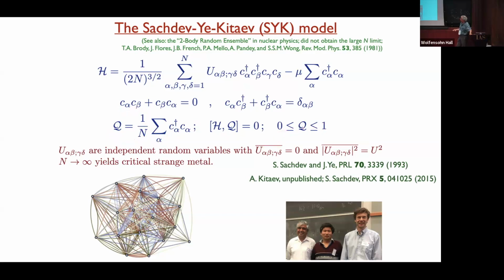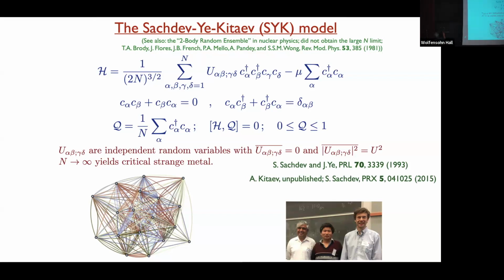All right, so one of the things you notice is this peculiar factor of 1 over N to the 3 halves here. And that's needed to get a regular large N limit where the excitations have energies of order 1, and the total energy is of order N. Now, how does one solve this? There are various ways of doing it, but the simplest way is to just do perturbation theory, and then average graph by graph. So if you do perturbation theory, at first order you'll have a graph like this.